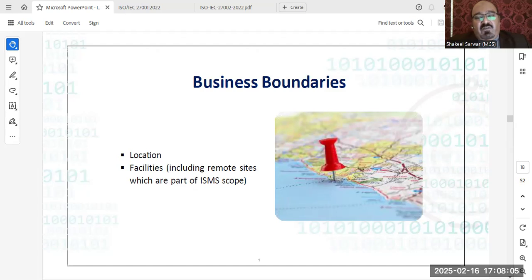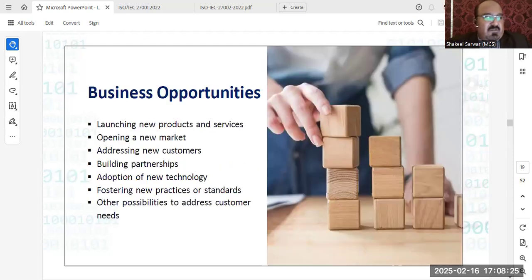The importance of it is to define the scope of the ISMS, ensuring that all relevant systems, locations, and processes are included for comprehensive information security. As I've explained earlier, if they have 200 branches where required to be implemented or subject of conducting an audit. Business opportunities: potential avenues for growth, innovation, or expansion that the organization may pursue. This helps the ISMS prepare for and support new initiatives, ensuring that information security does not hinder but enables the